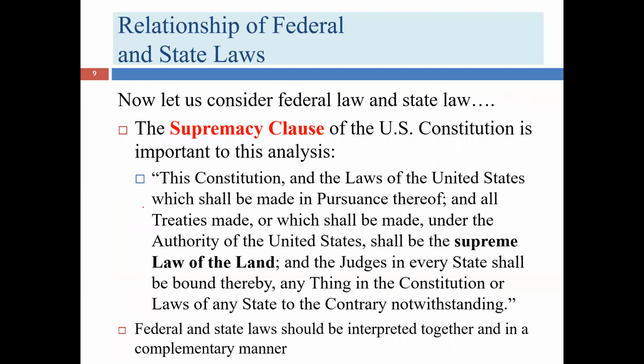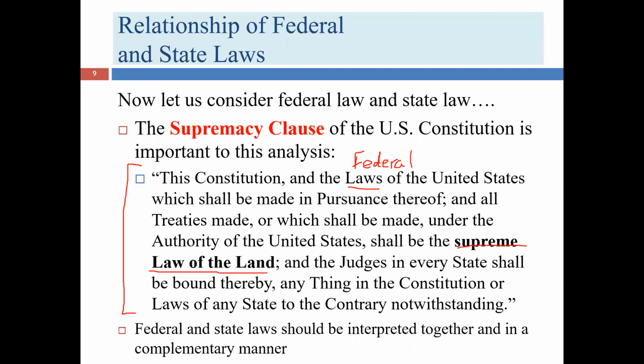Now we're going to talk a little bit about federal law versus state law. The U.S. Constitution is obviously our organizing principle in terms of how our government runs, and there's a clause in the Constitution called the Supremacy Clause. You can see it's in red, so you know you're responsible for it. You absolutely don't need to memorize it, but the Supremacy Clause has a phrase in it saying that the laws of the United States, so here we're talking about federal law, not state law, are the supreme law of the land.